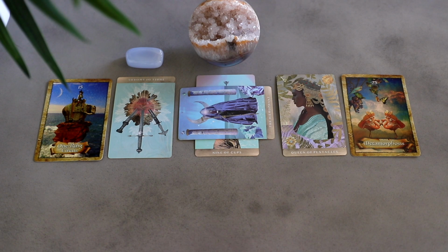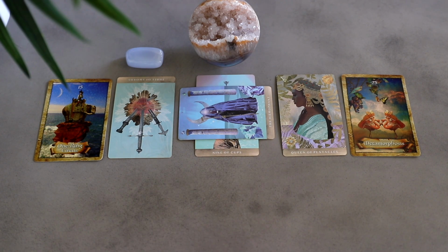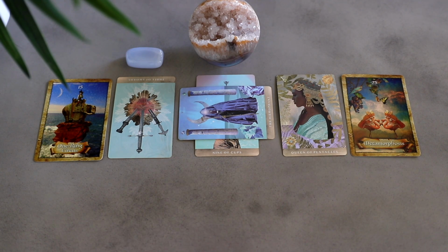This is going to happen through learning and through building that foundation, and through seeing yourself as that one ring circus and realizing that you are the star of the show and you can do all of the show production just as yourself. And I mean that in a metaphorical sense, of course. Maybe in a literal sense for some of you. But that metamorphosis,